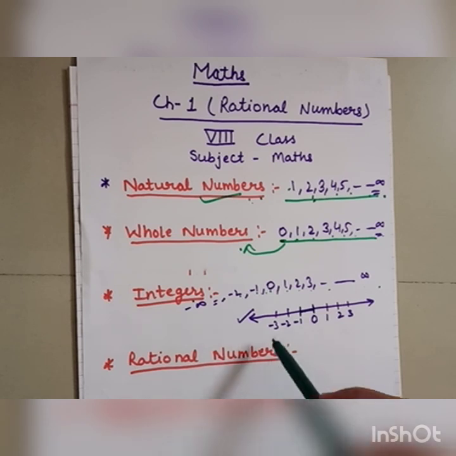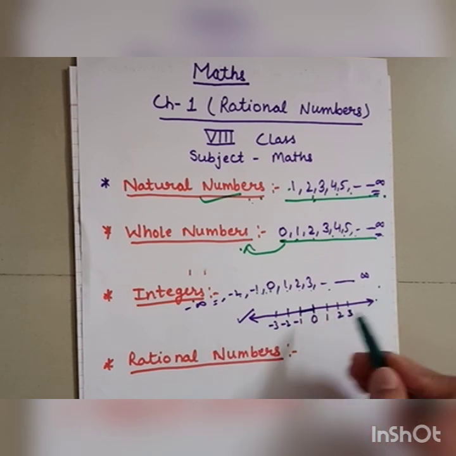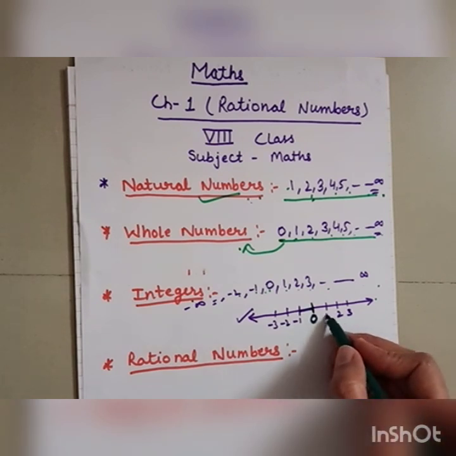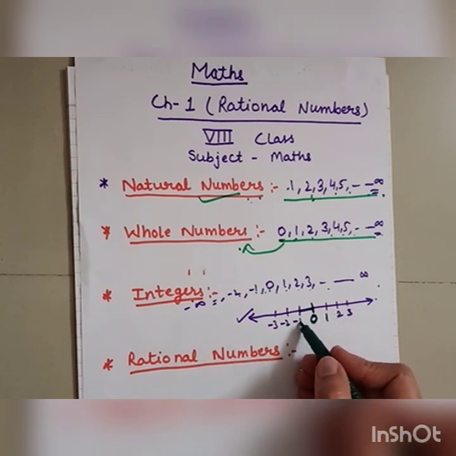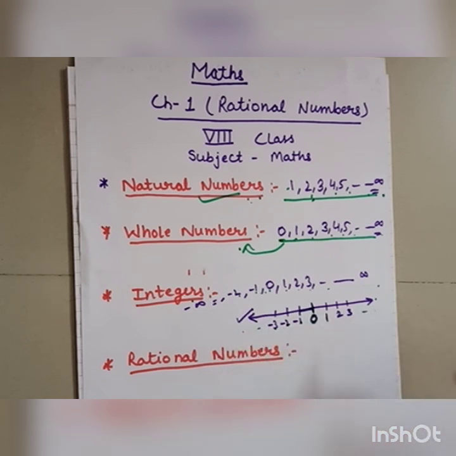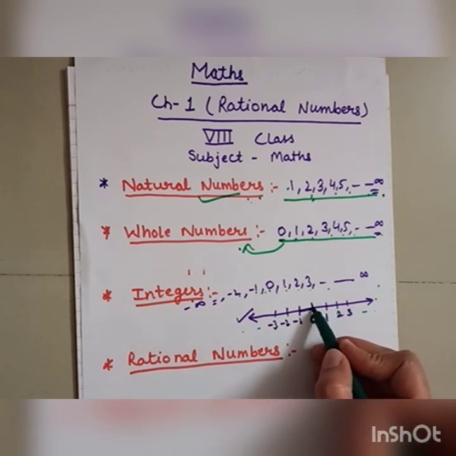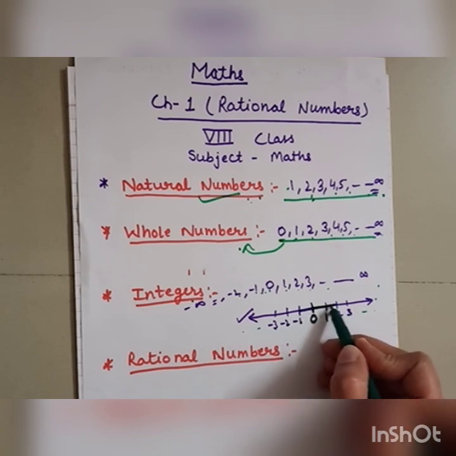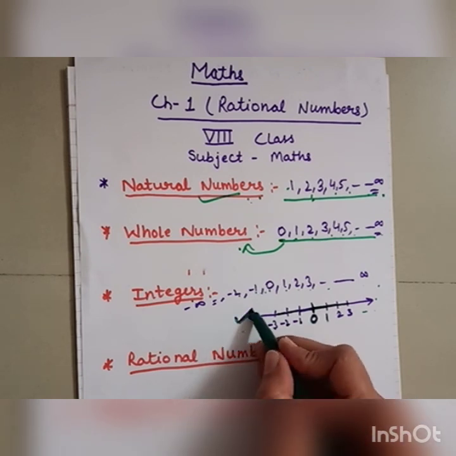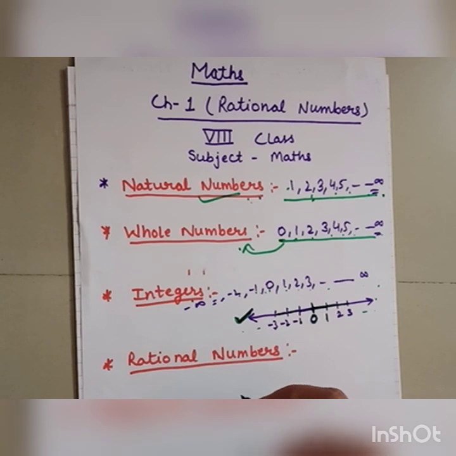And you know how we can represent this on a number line. See, this is a number line. In the center, put 0. On the right side of 0, positive values 1, 2, 3, and on the left side of 0, negative values -1, -2, -3, and so on. You can write up to any values. One main thing is that the distance between these digits must be the same. Like this way we represent numbers on a number line.